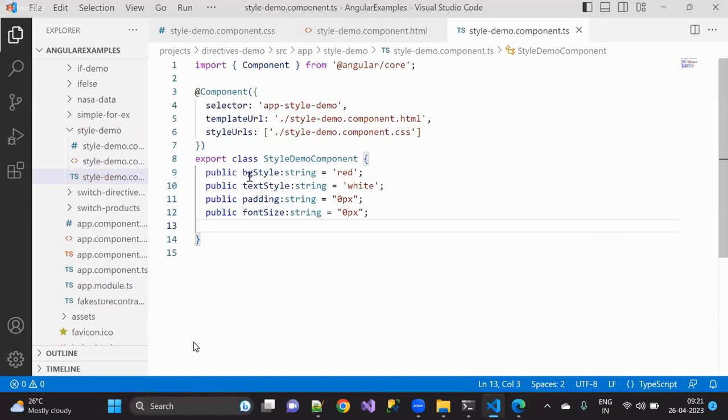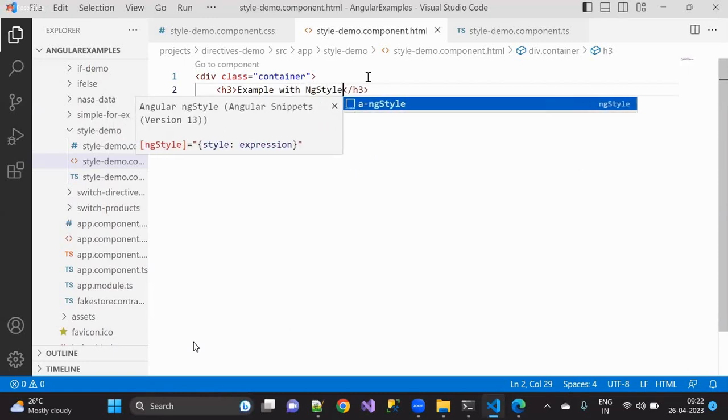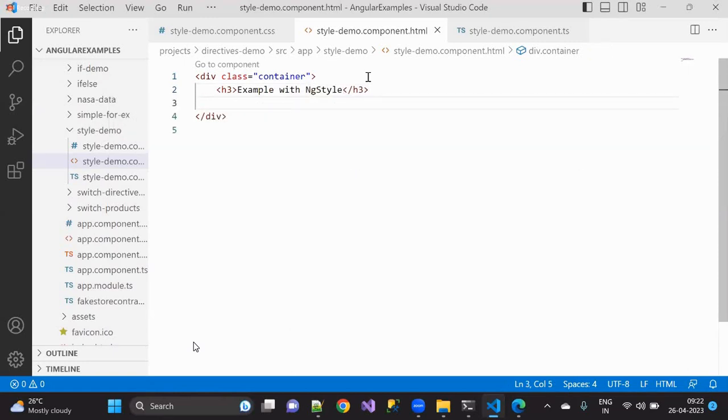Okay, that's up to you. Now what I just want to do is get these particular properties that we are having from the HTML by creating different input elements. So the very first thing, I'll take a div with a class container, and I'm going to use example with ngStyle. After that I'll take a data list where I'm having dd,